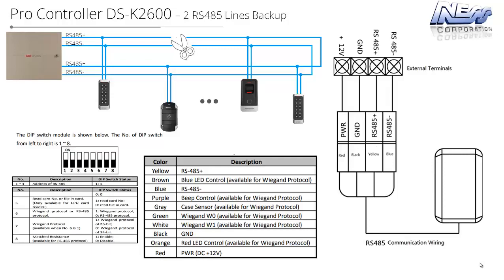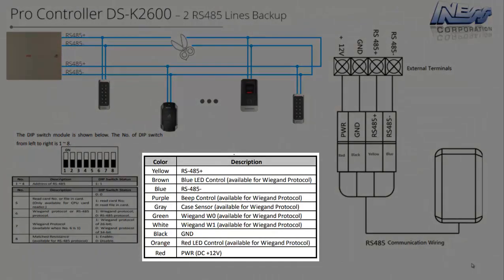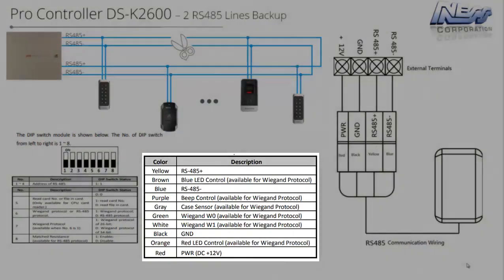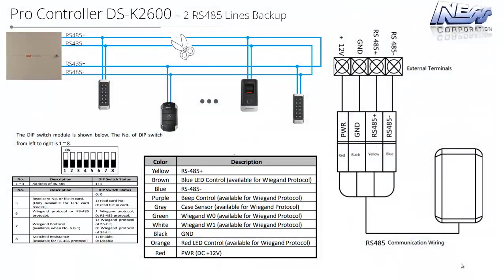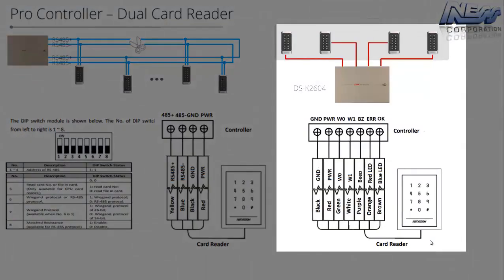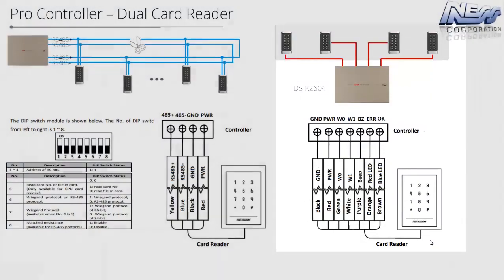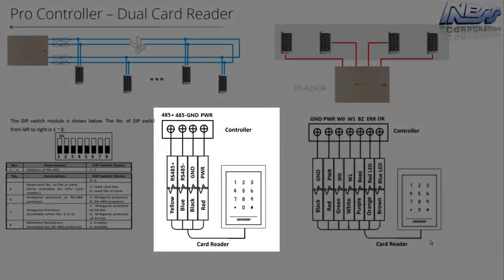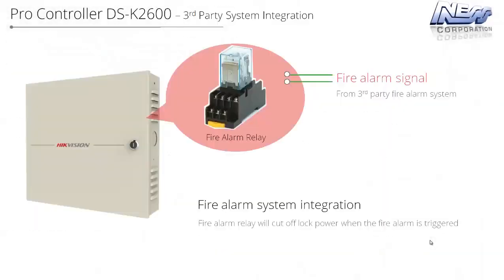The reader has color-coded cables coming out, so depending on what format you use, you're ready to run. So if you want to use the Wiegand format, which uses multiple cables on a 1-to-1 cable format, then you've got that covered. Or if you want to use the RS485 on the 485 bus, we've got that covered as well. The controller also includes a fire alarm relay. It interfaces into the fire panel for the building. So in the event of a fire, it will then drop power to all the locks, which fully complies with